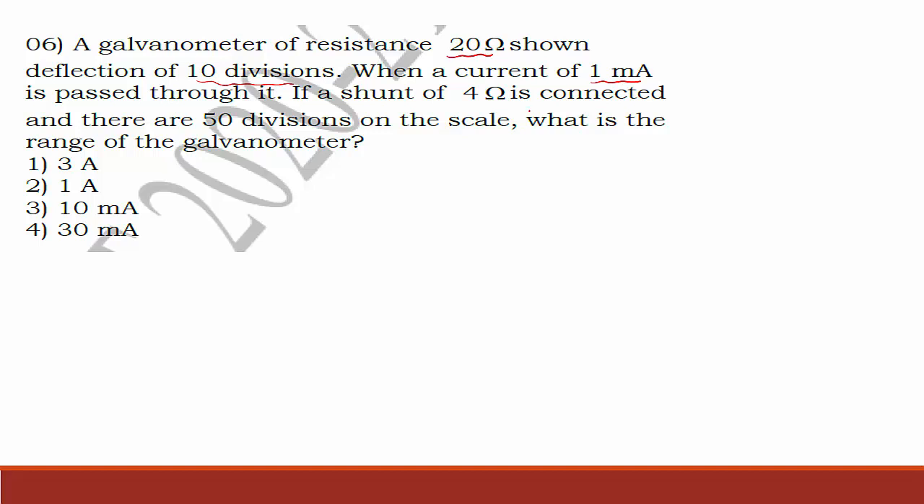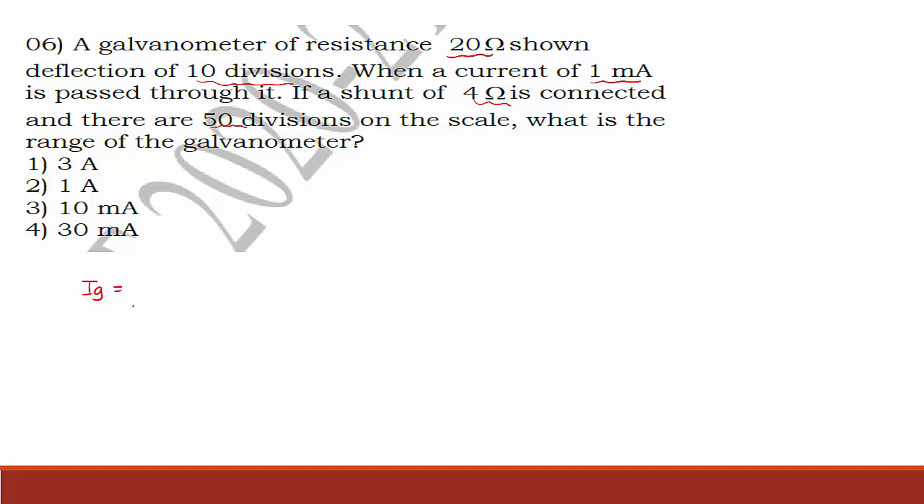If a shunt of 4 ohm is connected and there are 50 divisions on the scale, what is the range of the galvanometer? See here, this is all about conversion of galvanometer into ammeter. So there we have the equation. So let us consider Ig is equal to 1 milliampere current passed through the given galvanometer having resistance